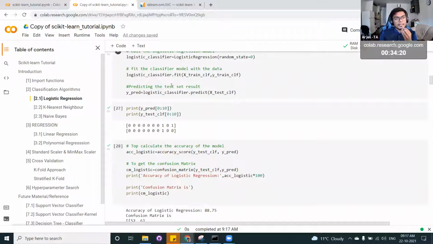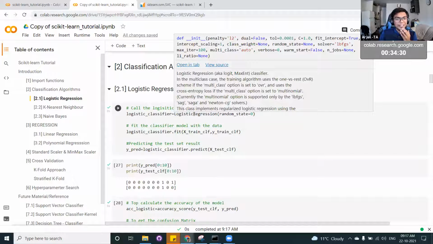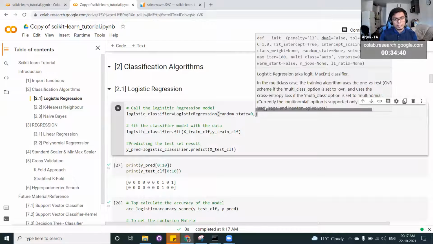Now you will have a question: why did we implement everything manually in the assignments? The main purpose is this. There are penalties L1 and L2, and there are C values and random values.